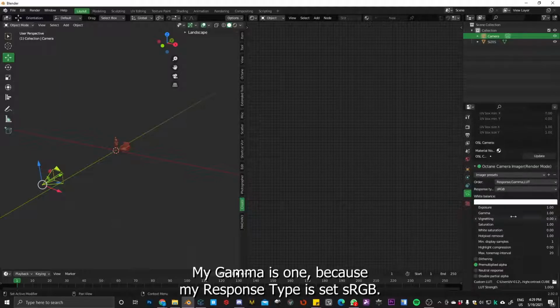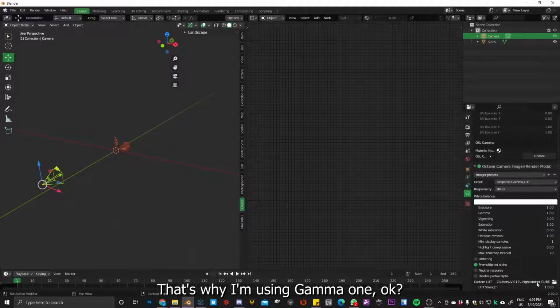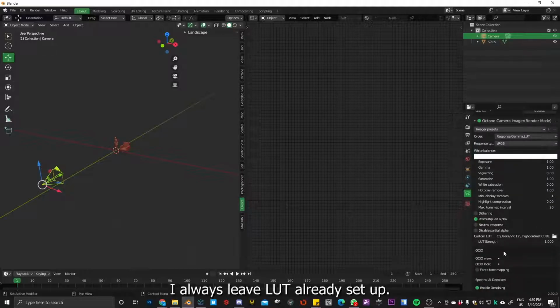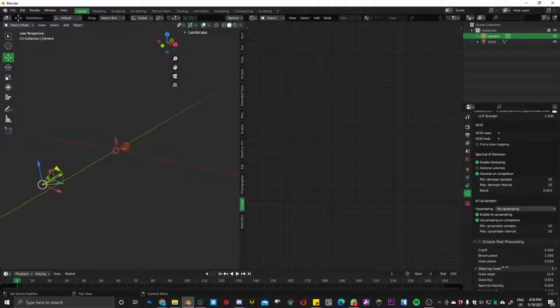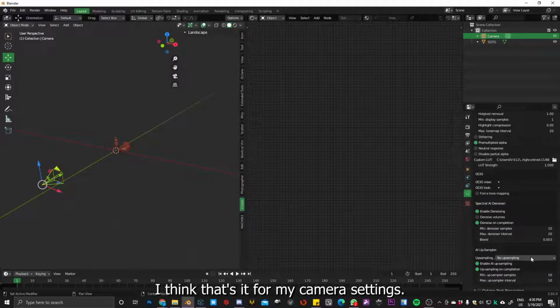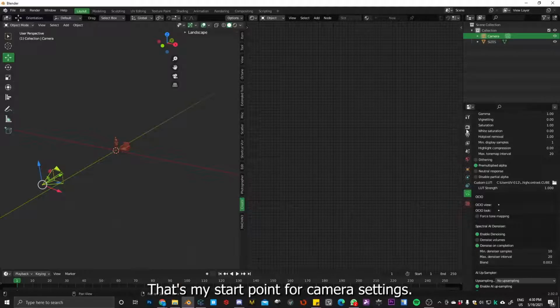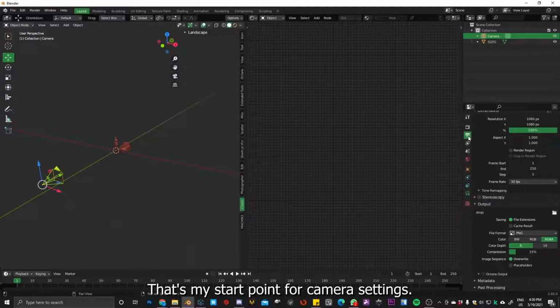And my gamma is 1 because my response type is set as RGB. That's why I'm using gamma 1, okay? I always leave LUT already set up. Yeah, I think that's it for my camera settings. So that's my start point for camera settings.